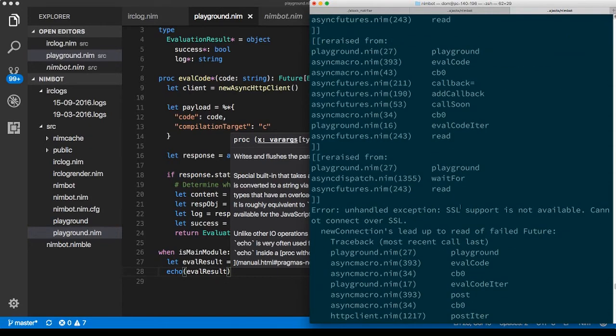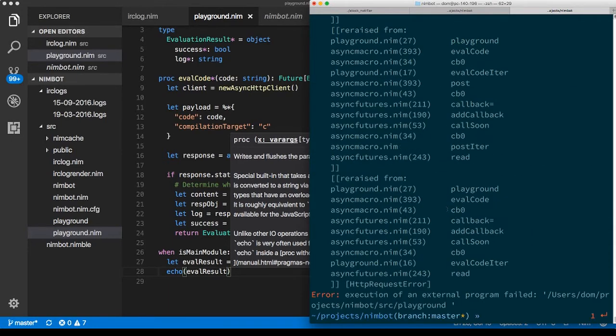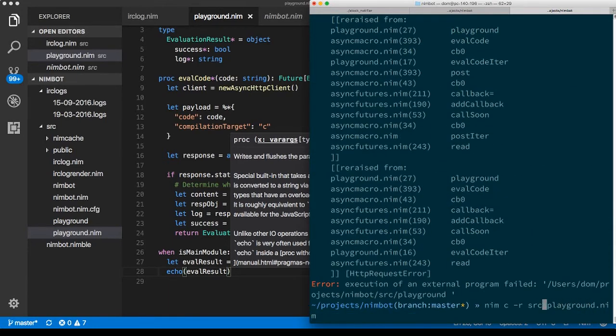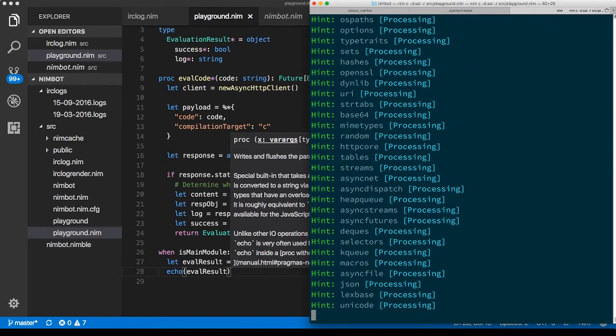But thankfully, it's fairly easy to figure out what the issue is. So in this case, we don't have SSL support. In Nim, you have to explicitly enable it using the -d:ssl flag, like this. Now if I run it,